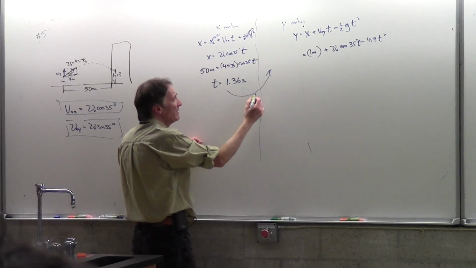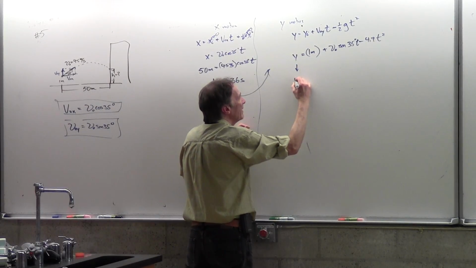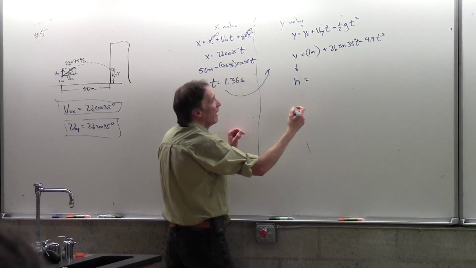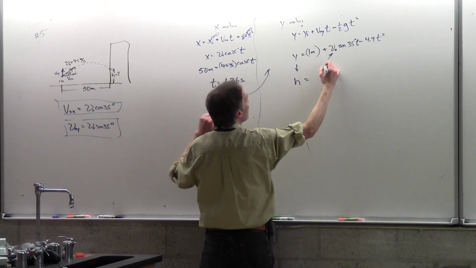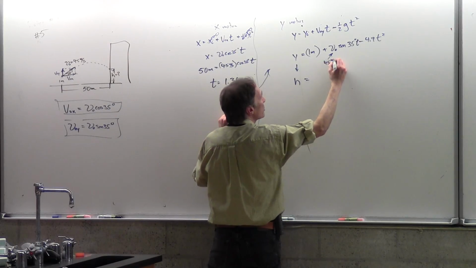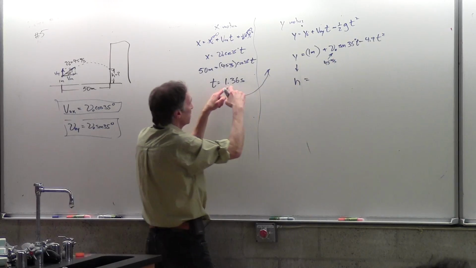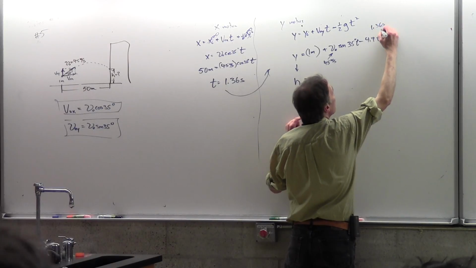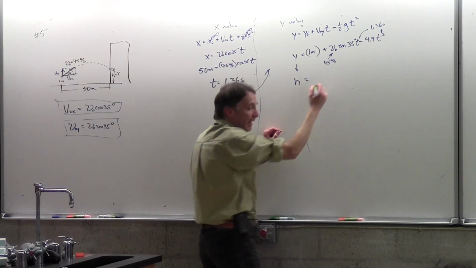Okay. And so I'm going to take that time, I'm going to plug it in, and this y will be the h, the height on the building that it's going to land. I know my velocities. I think you can kind of see where I'm going with this. This is 45 meters per second. From this, I should be able to plug in those times, 1.36 seconds into here, back into here. Now you just crunch the numbers, and I get a height